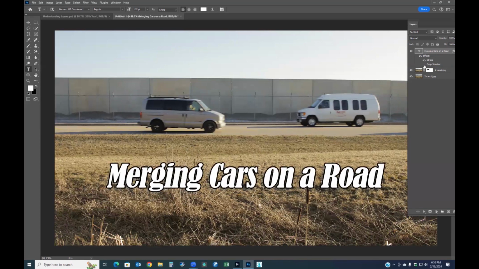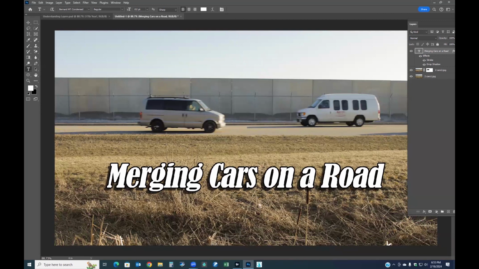Here's what it looks like with just the stroke. And there's stroke and drop shadow. So we can put effects into certain layers. And this can be really good because let's say if you're making a poster and you need to make text